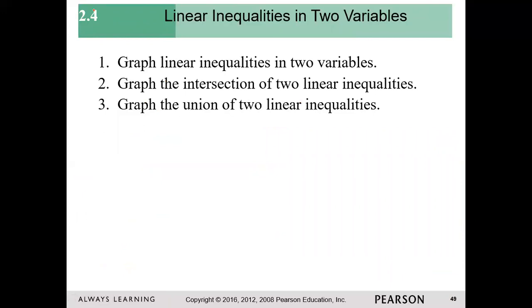All right, so 2.4 linear inequalities in 2 variables. So linear inequalities are graphed almost the exact same way as linear equations. Their pictures are very different because there's some shading involved. Because again, it's not just the points that satisfy the equation, it's the points that satisfy the inequality that we're going to be looking for. So there's going to be a lot more to it than just the line itself. The line ends up being sort of like the boundary of your solution set